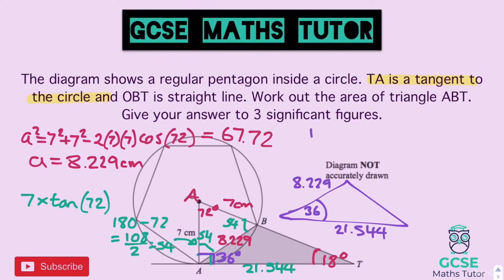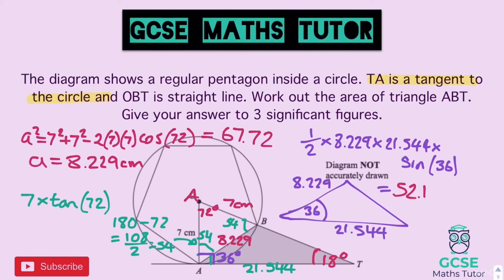So I've got a half times 8.229 times 21.544 times sine 36. There we go. And let's type that all in and see what we get. Right, so 0.5 times 8.229 times 21.544 times sine 36. There we go, and that gives me a final answer here of 52.102